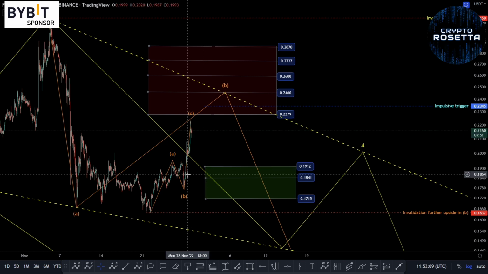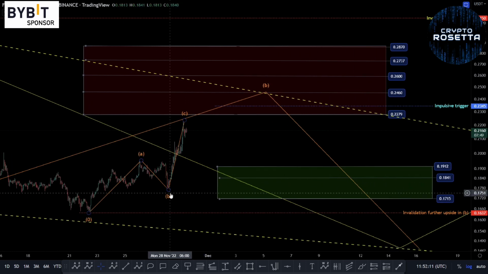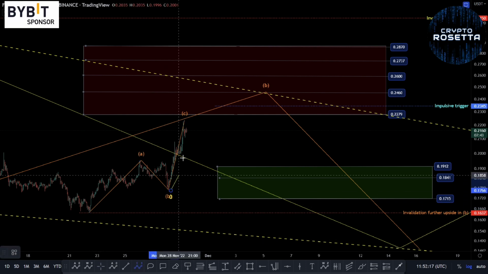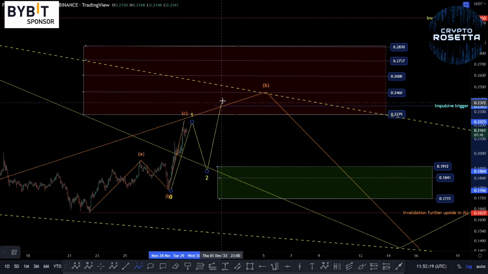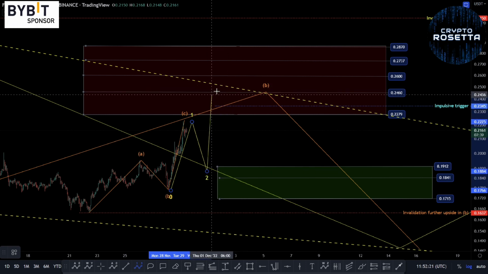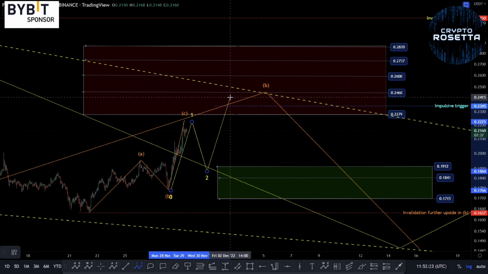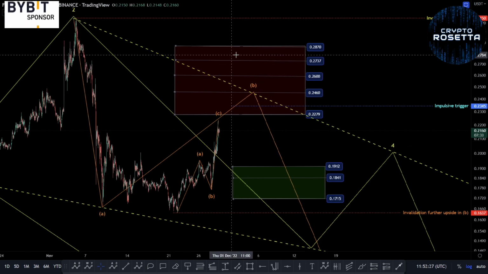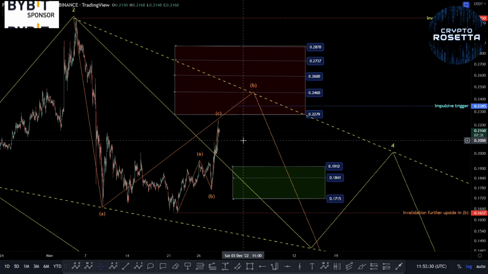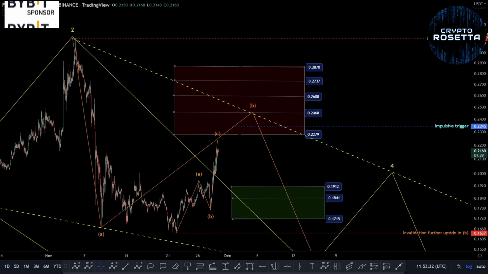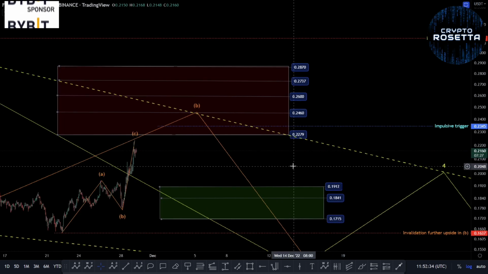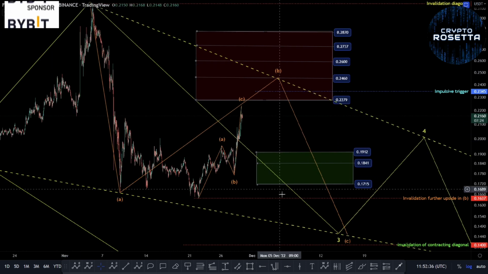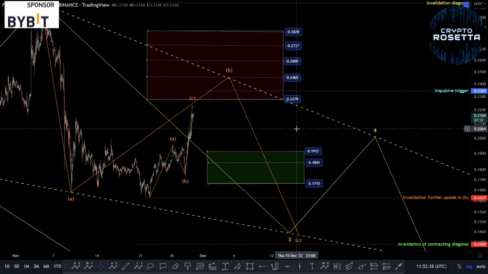So we'll just have to keep monitoring this. I want to see how this pulls back. If it stays above those areas we talked about, then there's potential that we could be forming something like this, and then we'll form a third wave off of here, and then it'll progress up and probably hit towards the higher ranges of this B wave retracement. Moving above this 0.3150 area would invalidate any kind of chance of this being a diagonal. So those are our areas to watch.